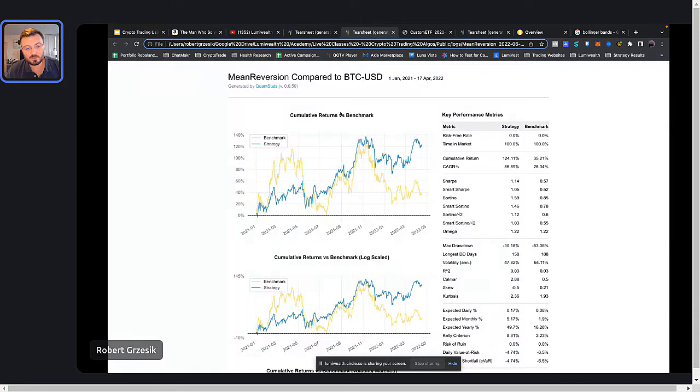Here's another example of the same strategy, but over a different time period. People have asked me about this, like, oh yeah, well, that's just one time period. Here's another time period, right? Just so you could see. Here's from January 2021 until May of 2022. You can see that it's still really outperformed as well, right? Bitcoin did 35% over this whole time period. We did 125%. Not bad. 4 times the return. I could deal with that, right?